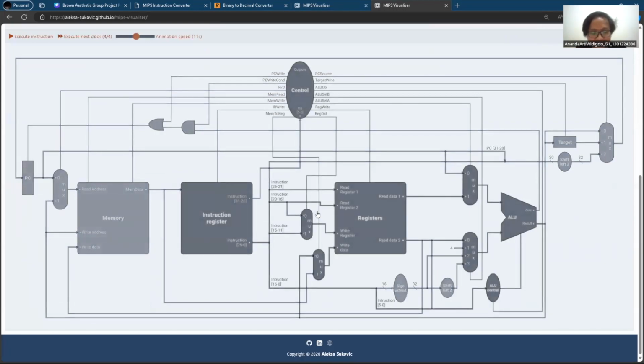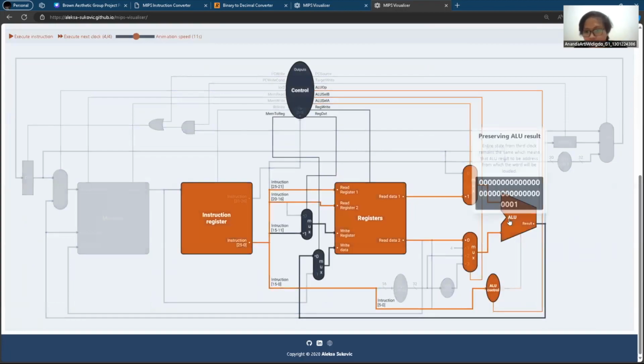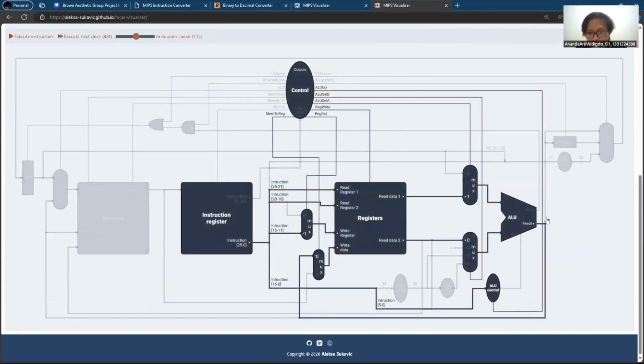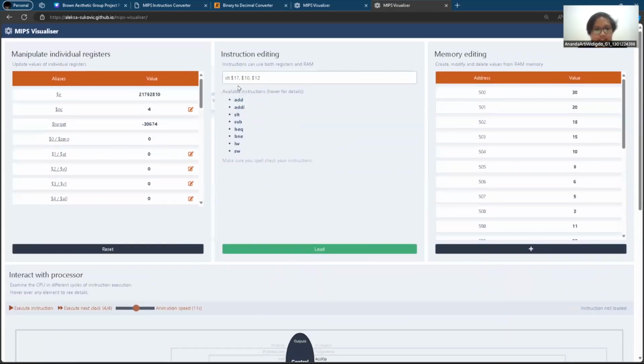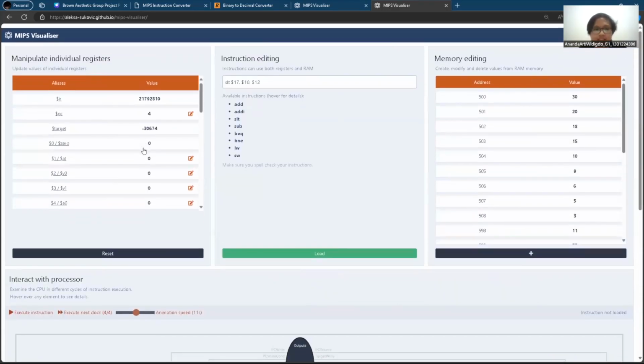Okay, wait for it to load first. The result of the ALU will go to this line, to this MUX, and to this write data. And on the register, the destination register, which is address 17 in register memory, will now be changed to the result of the previous ALU instruction, the SLT instruction.